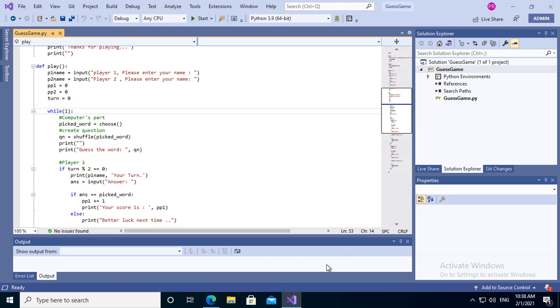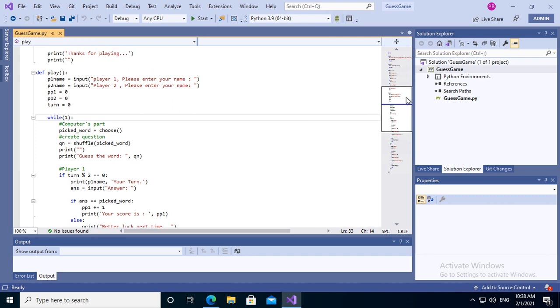If the answer exactly matches the word, his point will be increased by 1. Then he will be asked whether he wants to continue playing or not. Even if one player says he wants to quit, the game comes to an end. Then we need to thank them and update them with the status till now. So let's start with the programming.